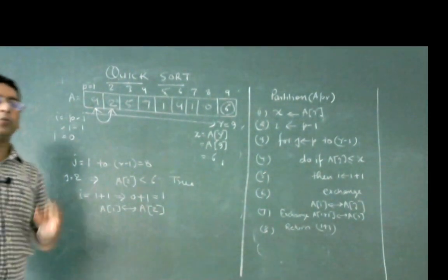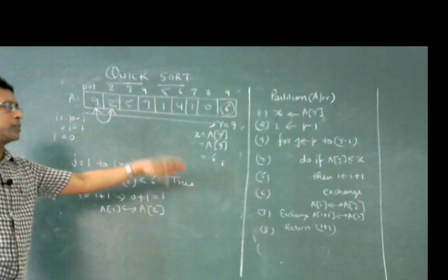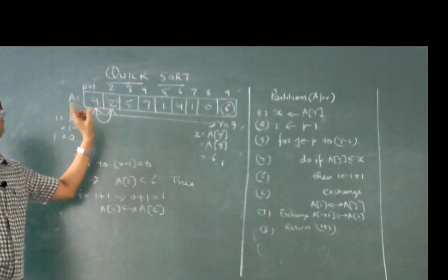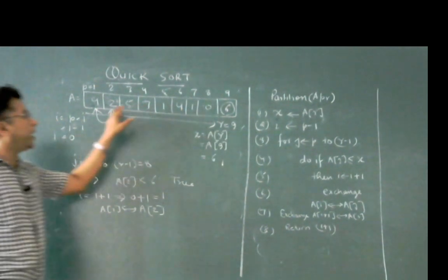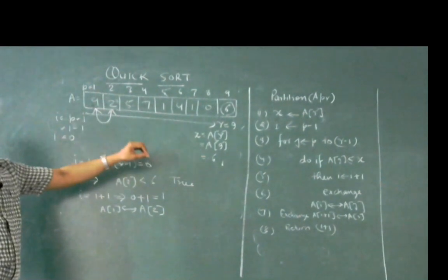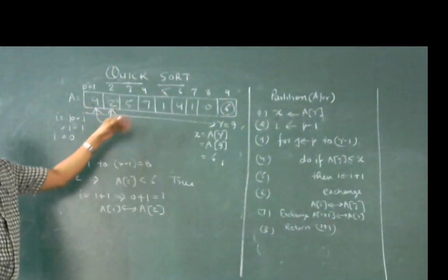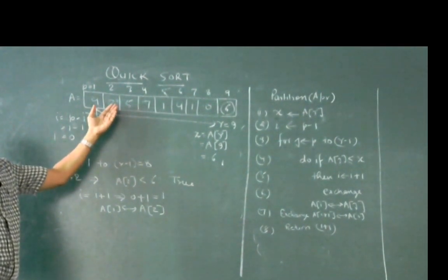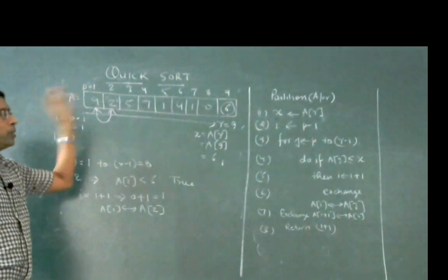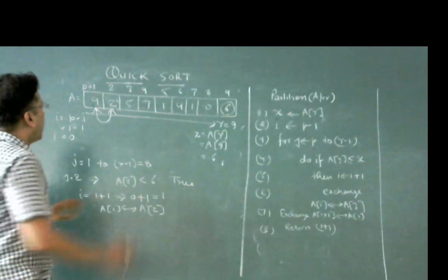In simple words, you need not understand this algorithm in technical terms. In simple language, if you find the first element is smaller than 6, then you will place it at position number 1. If you find the second element is smaller than 6, then you will place it at position number 2. If you find a third number smaller than 6, you will place that number at position number 3. So after this swapping,